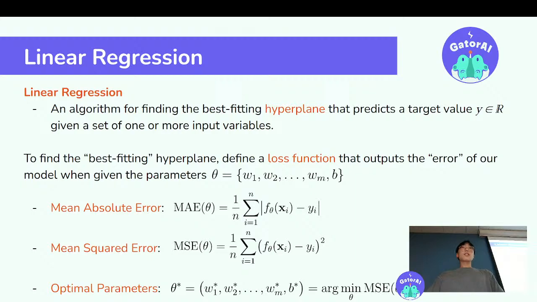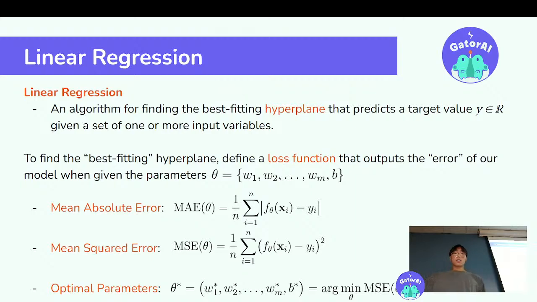In the previous lecture, we had mean absolute error. The mean absolute error was essentially just the average: 1 over n times the summation of f theta of xi, which is what our model is predicting, minus yi, which is the true value. All we're measuring is how far away we are from the actual value of the data in the real world, and then we average out how far we are. That's the mean absolute error.